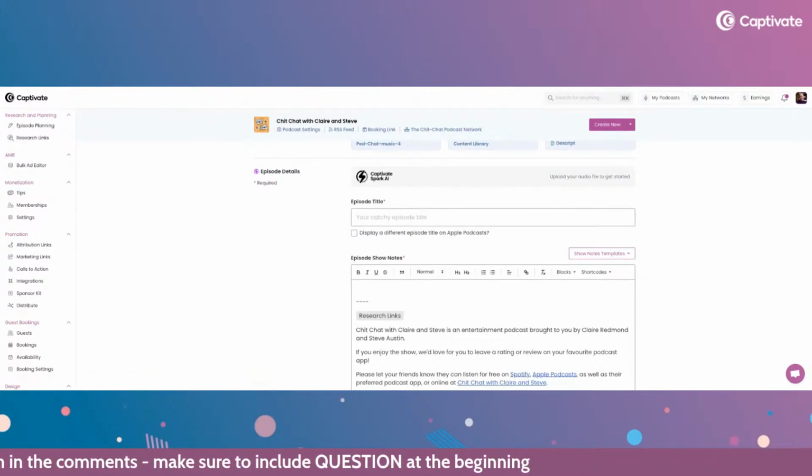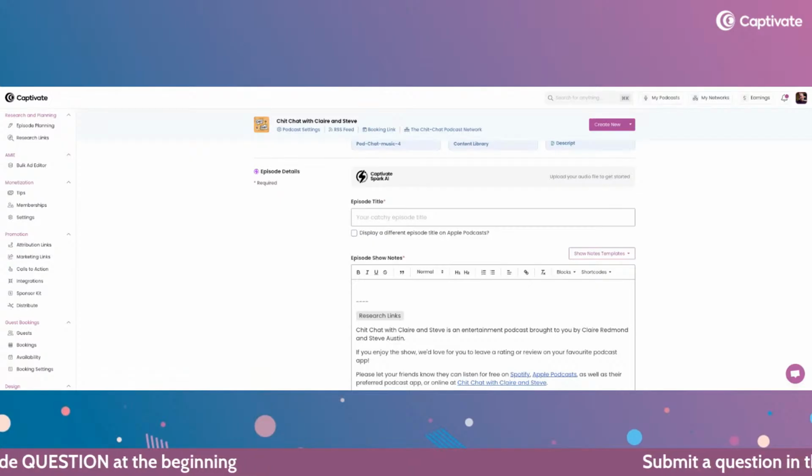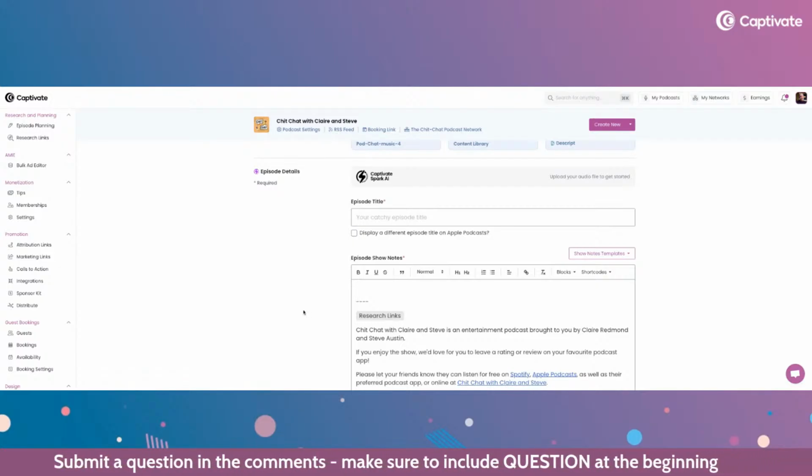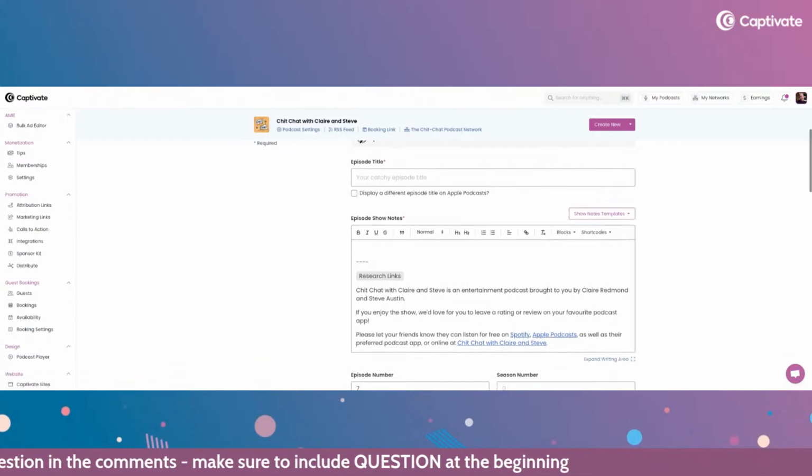So again, it's a good way to act as a safeguard in case you forget to add the shortcode manually. And again, if you don't select any research links to be highlighted for this episode, this shortcode won't display on the final episode show notes. So you don't even have to worry about that part. So it's all good on that side.